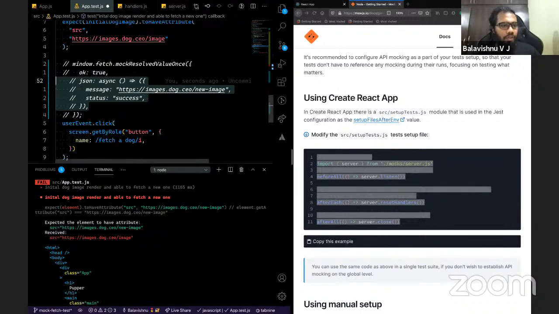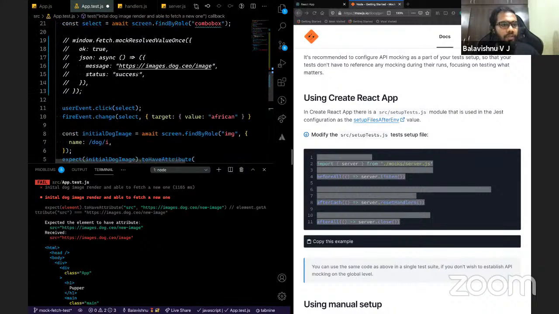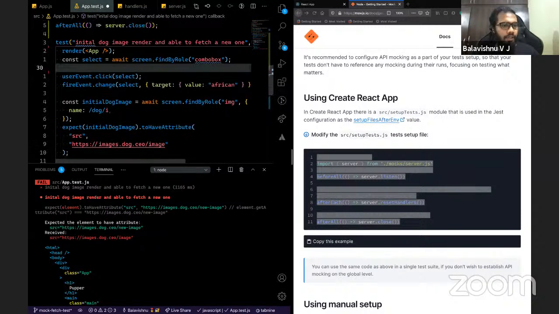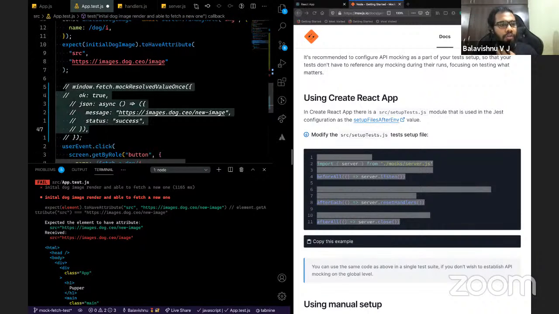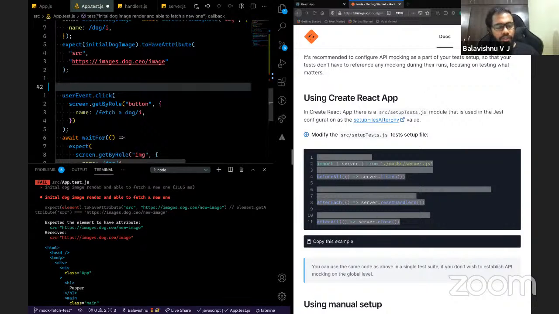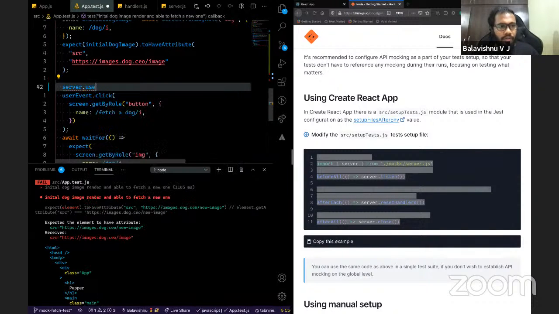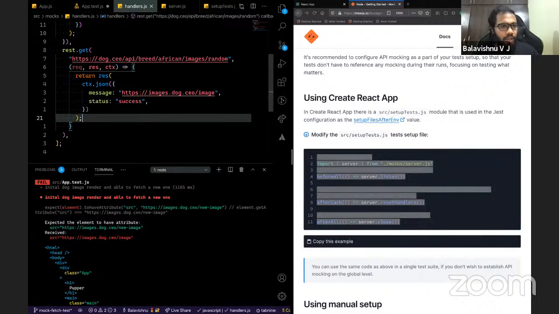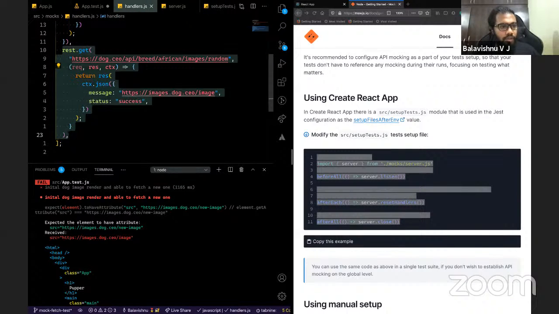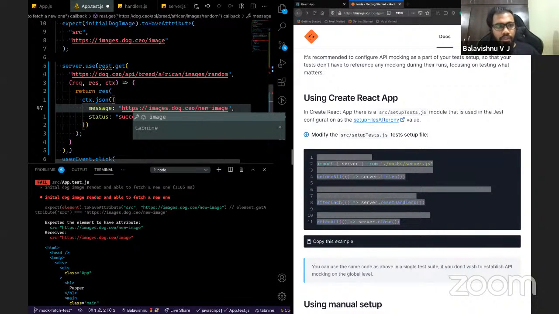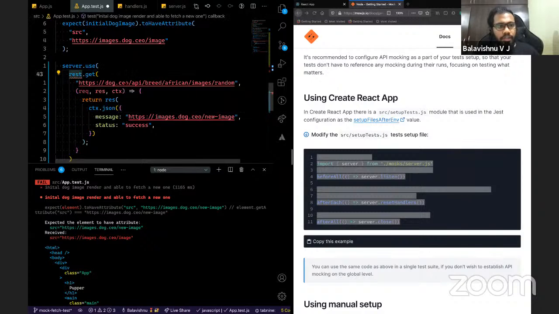Let's go. So now I'm just removing these. This is the first part of the mock. We don't want this to be handled in the handlers, let's say. Now this is a use case where you want to change the mock based on some action you're doing just before the test. Because a random URL is hit, I want to change the response to something else. So what I could do is I'll just go here. I'll just copy the same response from here and paste it over here, and I'll change the response to new image. So basically, I need to get rest, so I'll just import